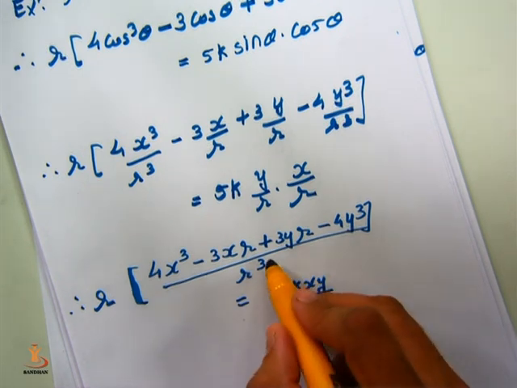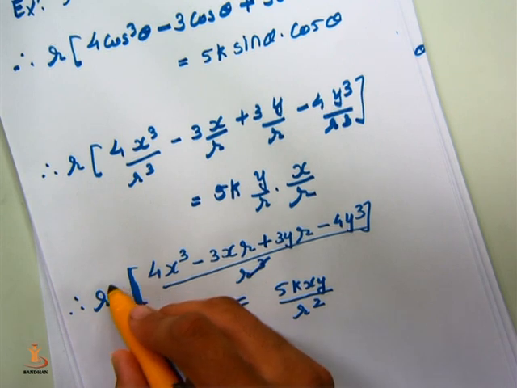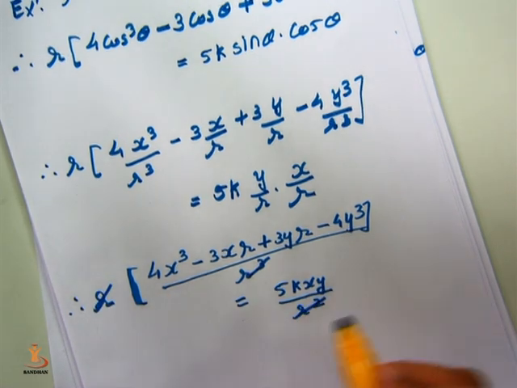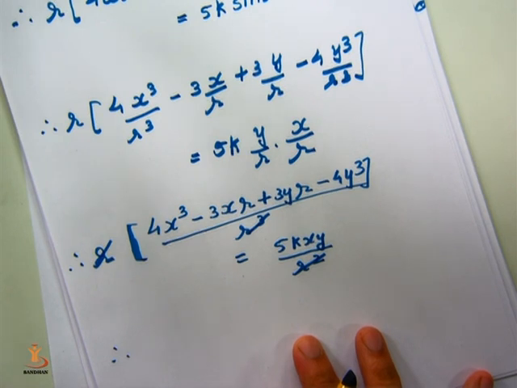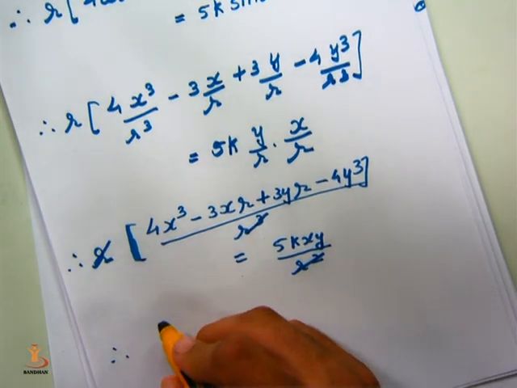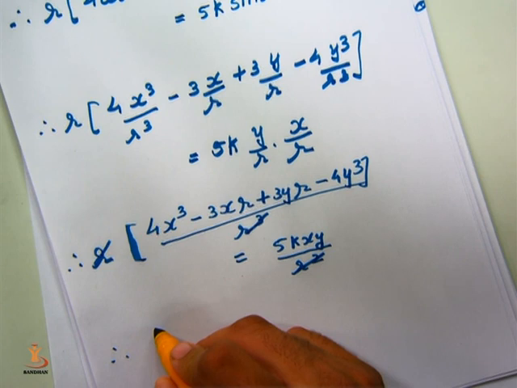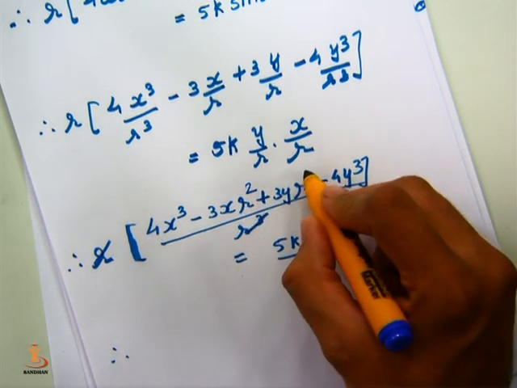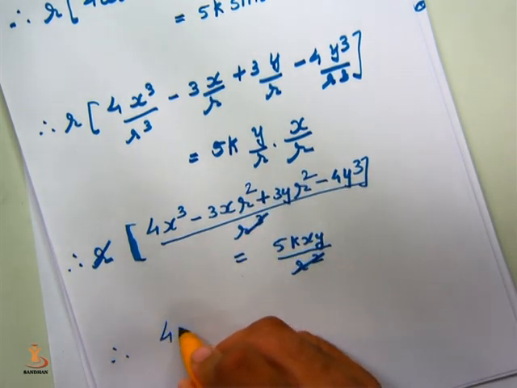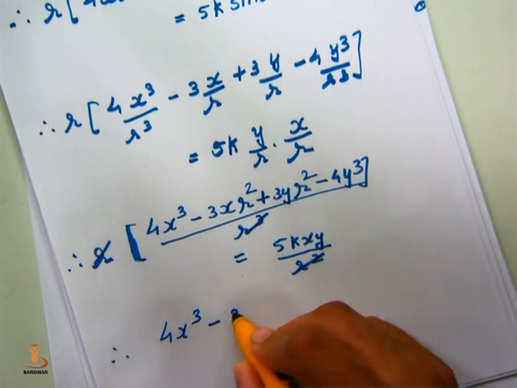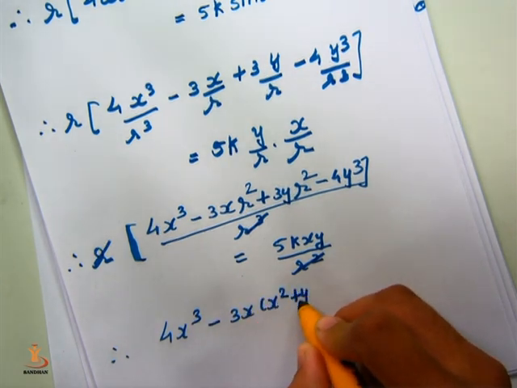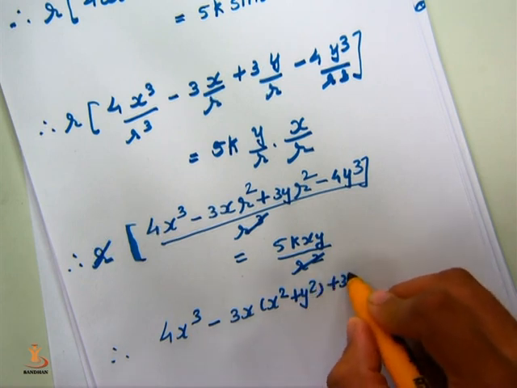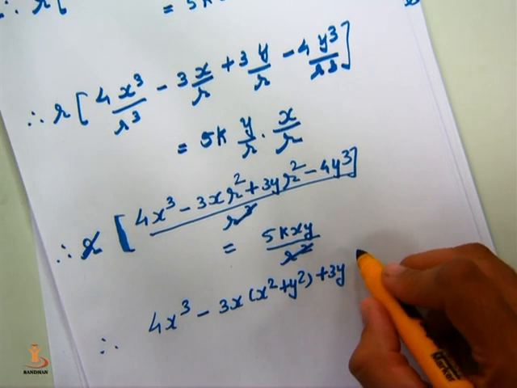So in all, by simplification we can cancel out the r values throughout, and now wherever you have r you can put under root x square plus y square. So your answer will become 4x cube minus 3x. So r square will be converted in terms of x square plus y square plus 3y. R square again can be